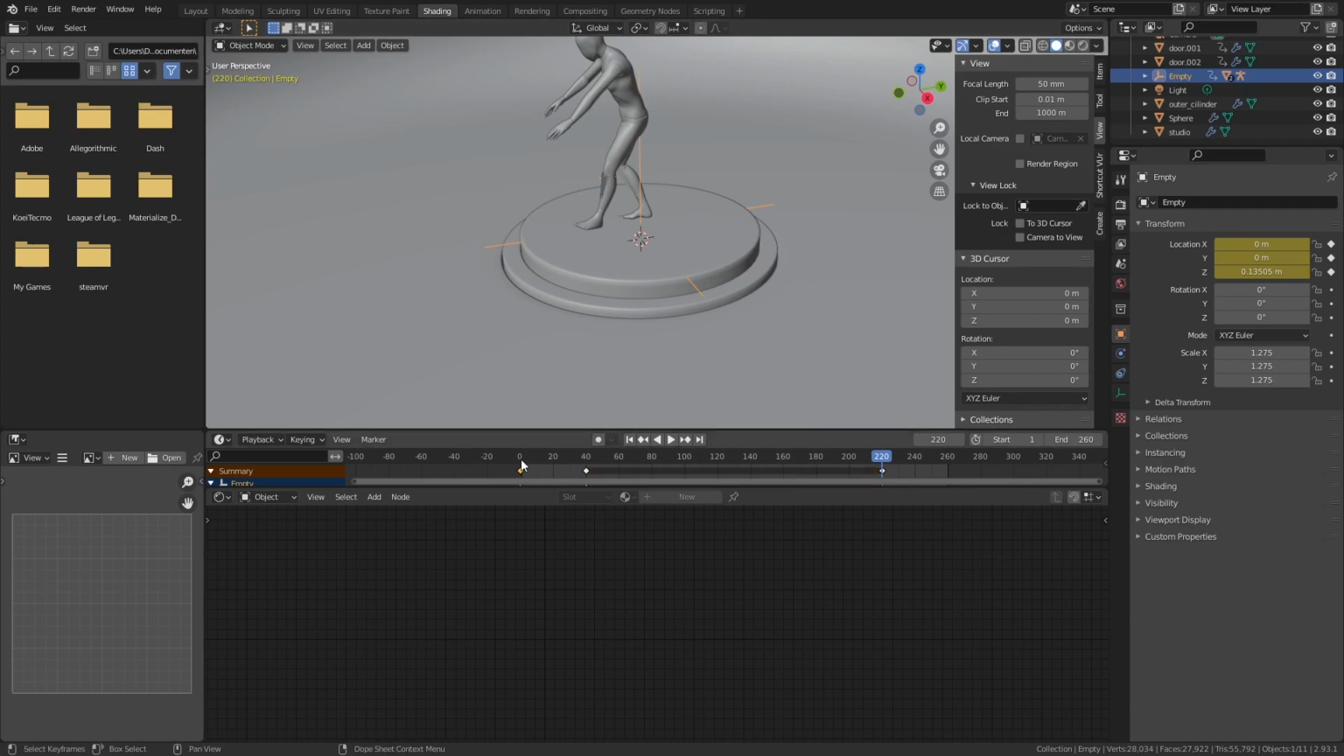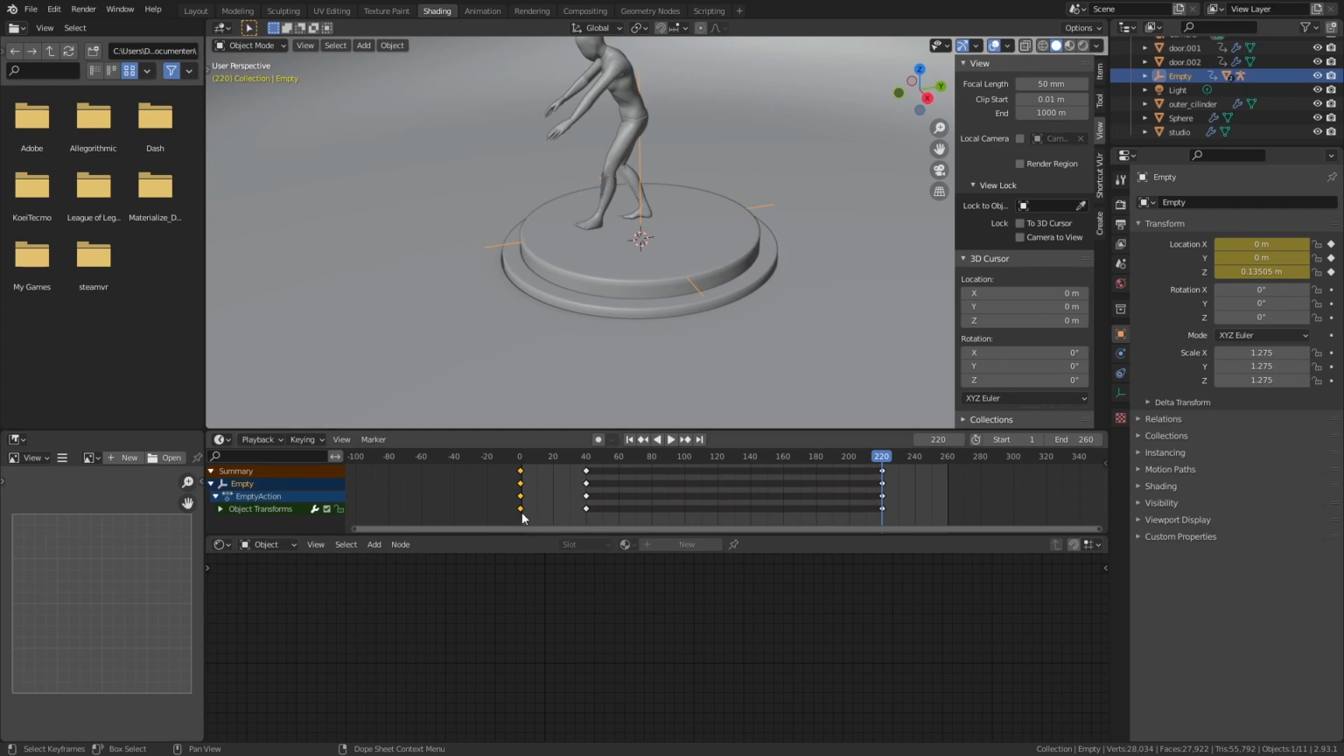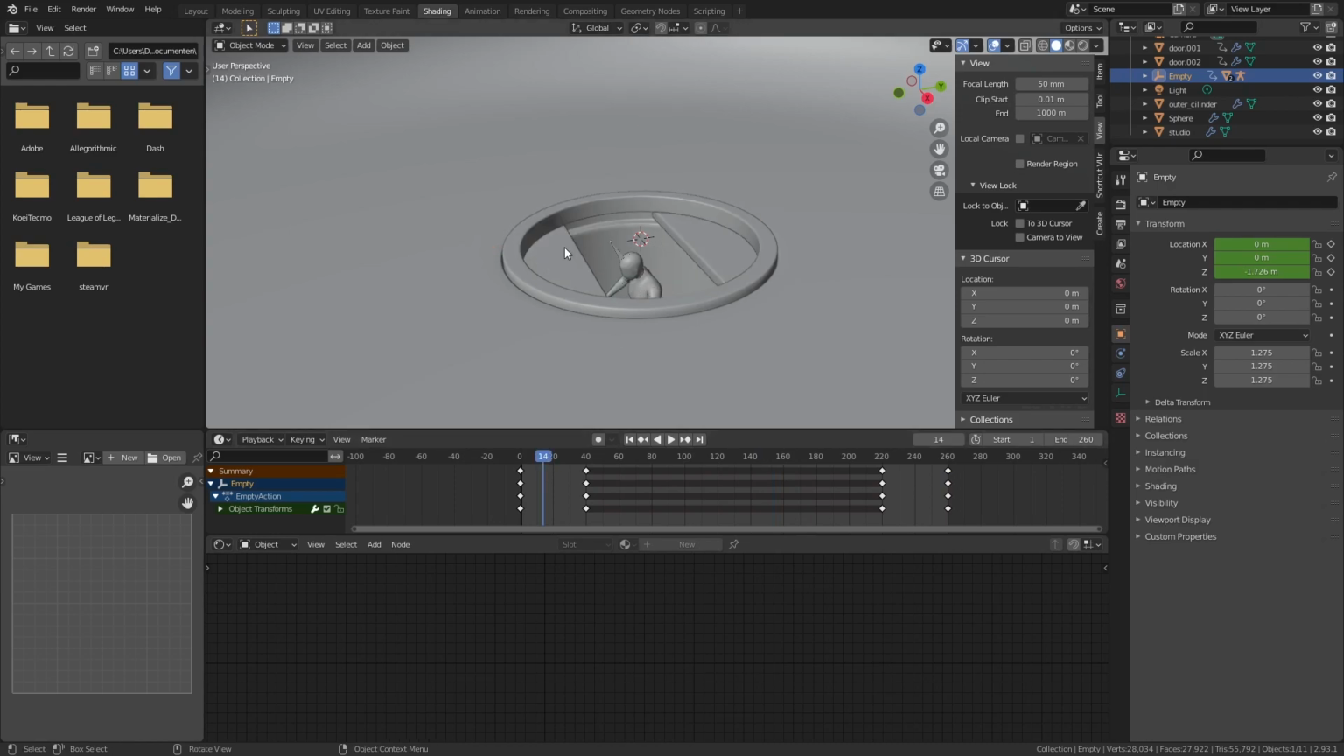Then I'm gonna select this 0 keyframe here, and then copy it with Ctrl C, go to frame 260 and click Ctrl V to paste this. So now you can see that everything happens, but then the opposite, right? And we also can do this for the doors that we have. So if you select these doors here,